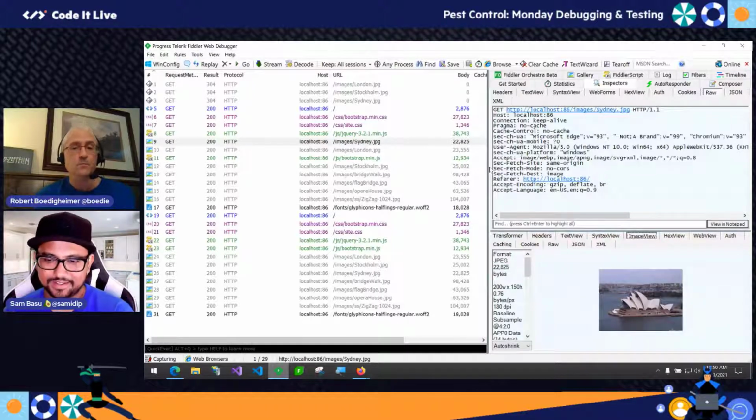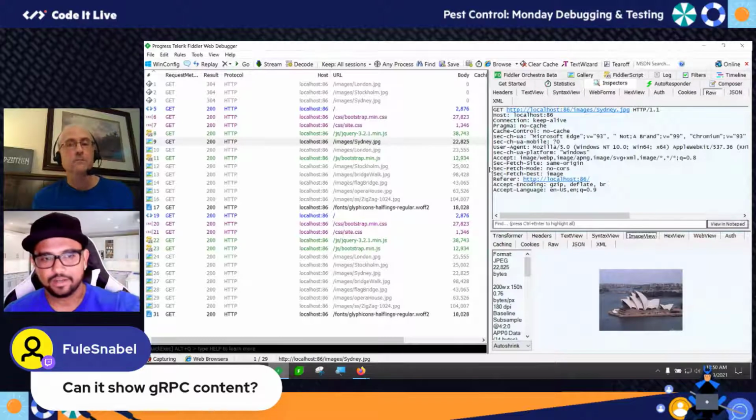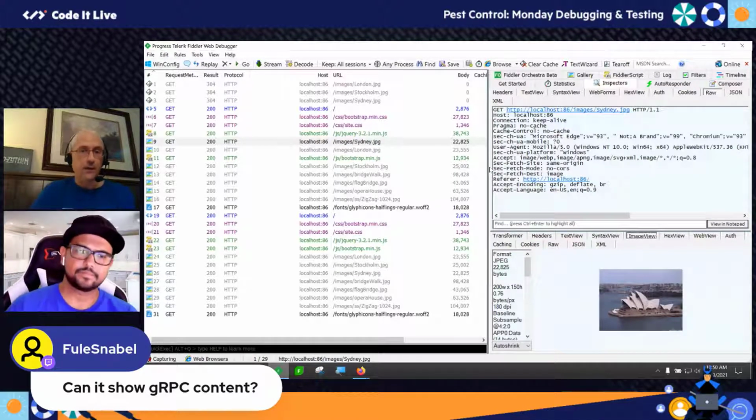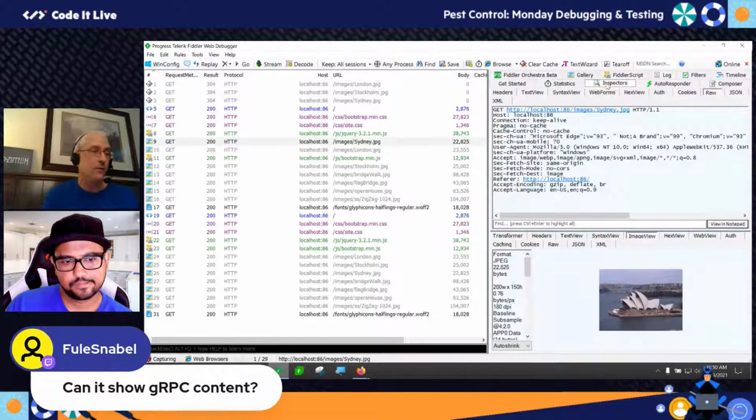This is exactly what I was going to ask, and Fullschnabel here is getting to it. So if you are dealing with gRPC or any other binary protobuf type stuff, you can kind of write a reverse extension that shows you the deserialized version. Yeah, so as long as it's HTTP, you'll see the capture here in Fiddler by default. If you're lucky, somebody has spent the time. If it's not a format that Fiddler natively knows as a common web format, you may be able to find somebody that wrote a custom inspector for you that peels open that proprietary format and shows it to you.